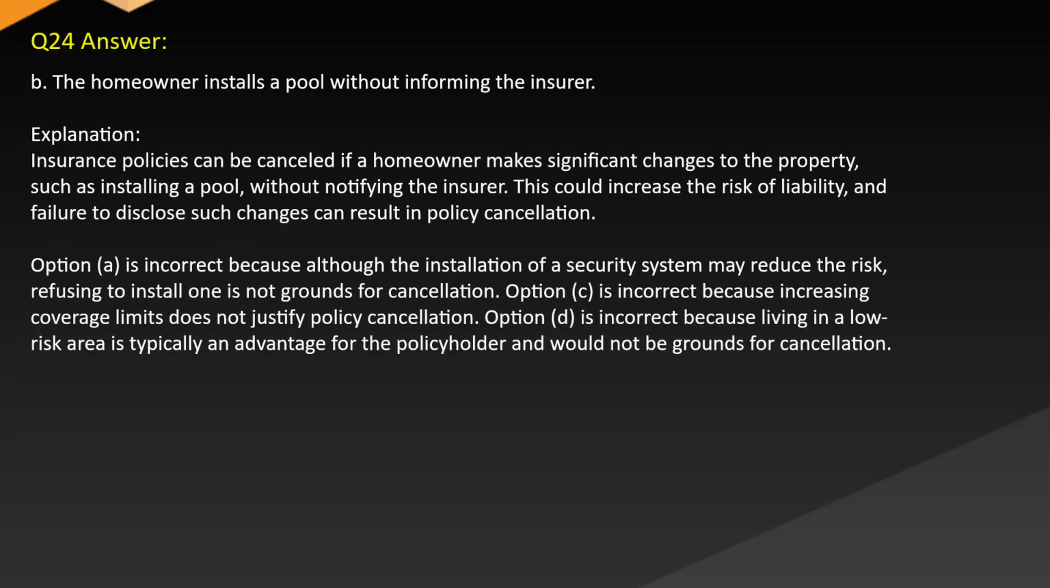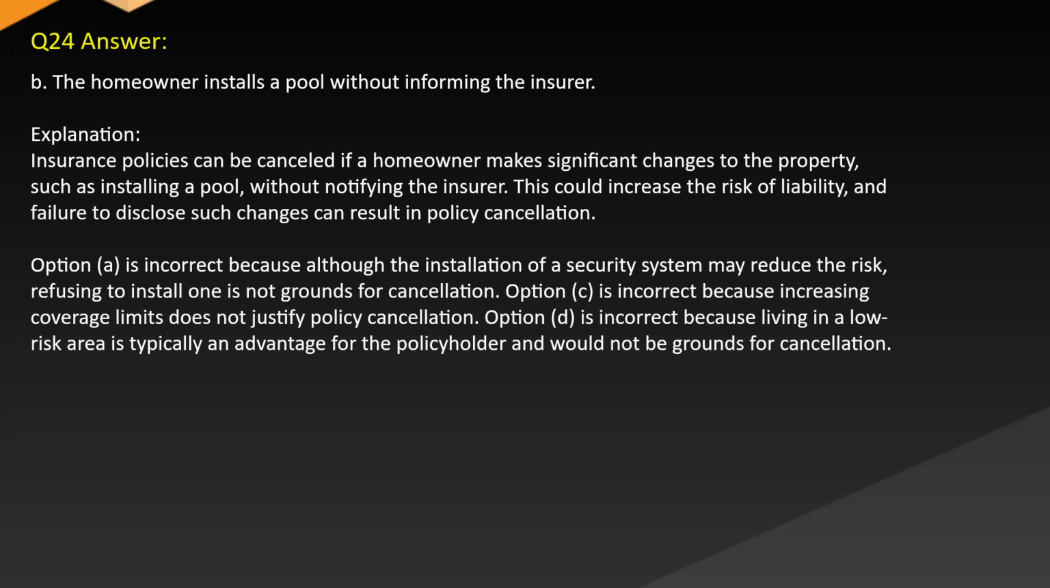Answer: B. The homeowner installs a pool without informing the insurer. Explanation: insurance policies can be cancelled if a homeowner makes significant changes to the property, such as installing a pool without notifying the insurer. This could increase the risk of liability, and failure to disclose such changes can result in